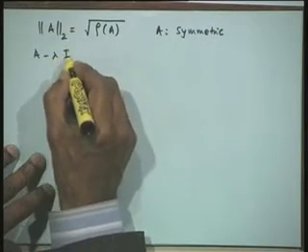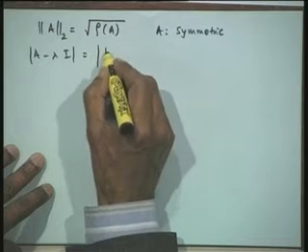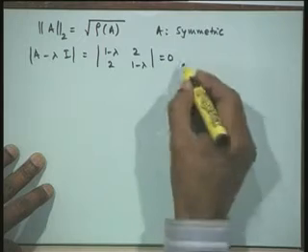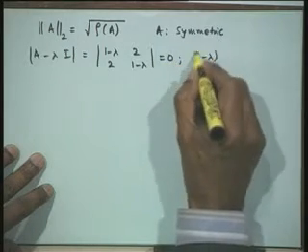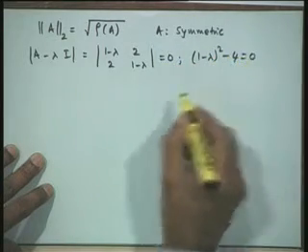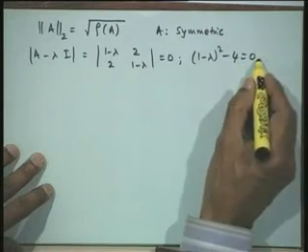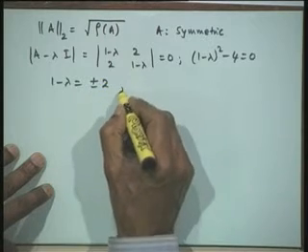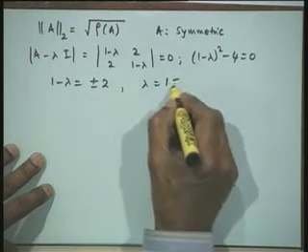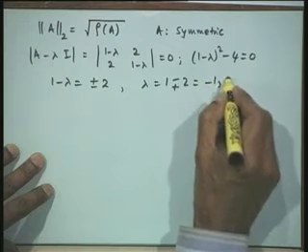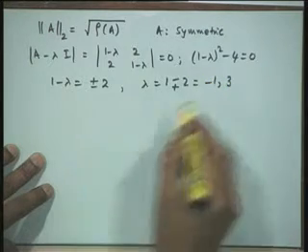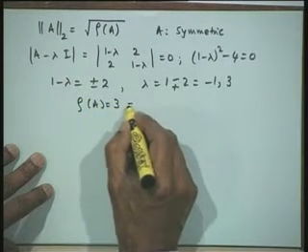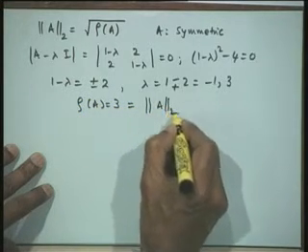So, I can find determinant of A minus lambda I. So, I can find 1 minus lambda, 2, 2, 1 minus lambda is equal to 0, which gives me 1 minus lambda whole squared minus 4 is 0. We can take 4 to the right hand side and write 1 minus lambda is equal to plus minus 2, or lambda is 1 minus plus 2, that is minus 1 and 3. The largest eigenvalue in magnitude is 3, therefore, spectral radius of A is equal to 3, and in this case this is also equal to the spectral norm of the matrix.